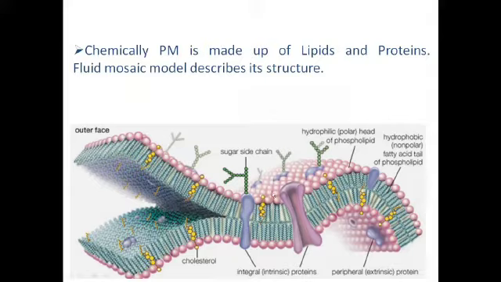Some proteins can be integral, like this. These are the transmembrane proteins which are embedded in the lipid bilayer membrane. Here we can see the proteins embedded in this membrane. And some are extrinsic or peripheral proteins. That means these proteins are present on the periphery only. These are not embedded in the plasma membrane, or these are not the transmembrane proteins. Here we can also notice that there are sugar chains associated with the integral or intrinsic proteins.